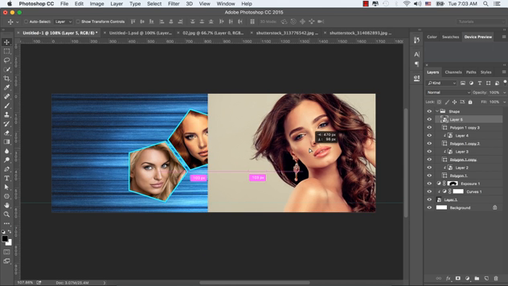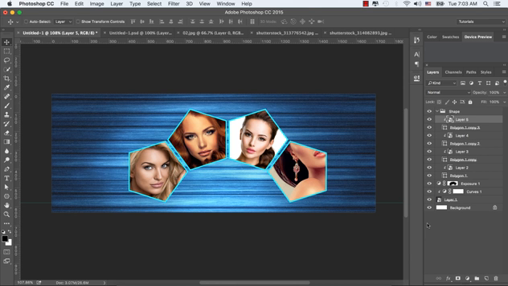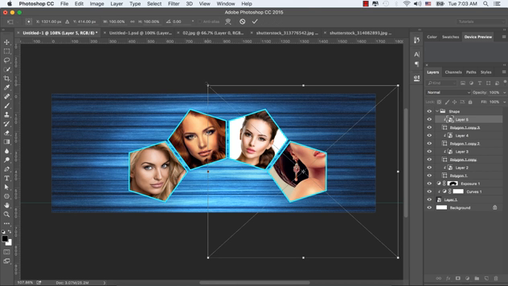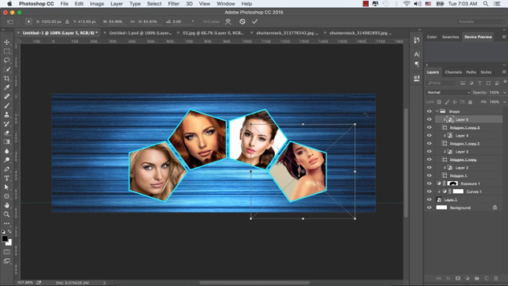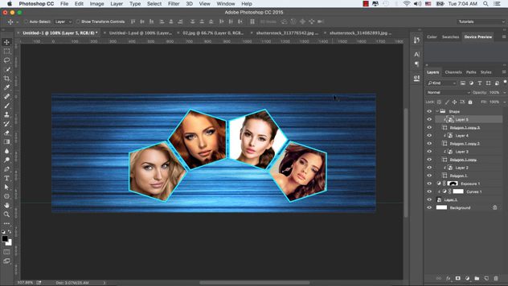Make sure that this image layer is on top of Polygon 1 copy 2, and create a clipping mask by right-clicking the mouse, then press Ctrl or Command T to resize this image, and make it bend more to the right. Click OK in order to accept this resize.